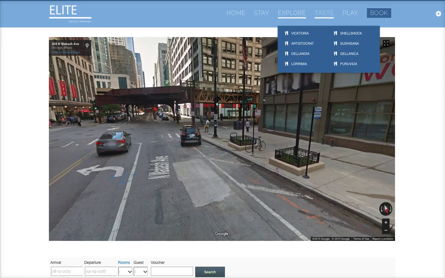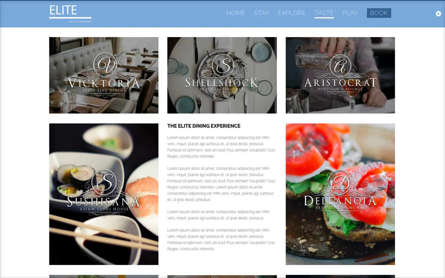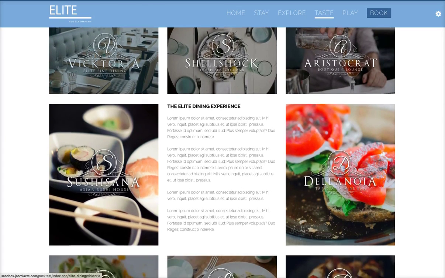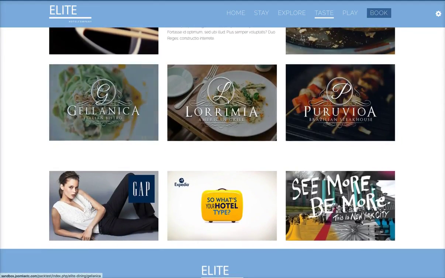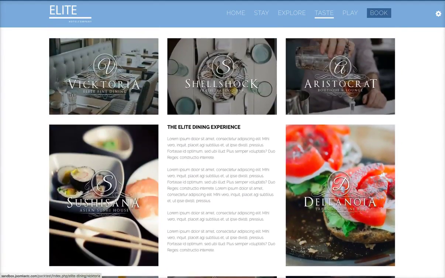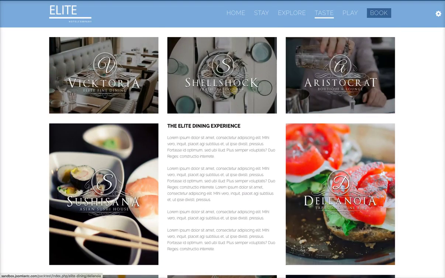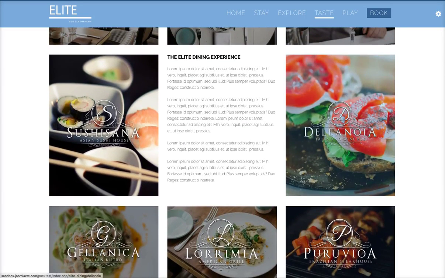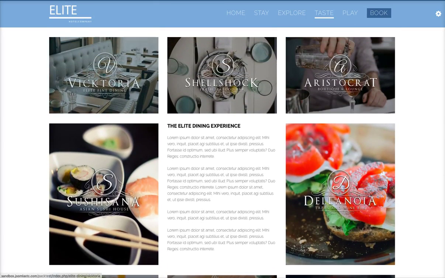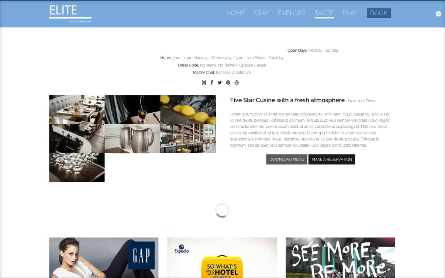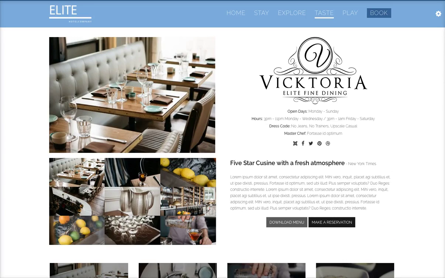Taste, we did a pretty cool little layout here for the restaurants. In the Elite Hotel Company, as you see, we have a lot of restaurants. So we just have a Joomla content category here. And we've done all these articles, and then this article here is just text. And so let's go ahead and check out one of the restaurants. And we did a nice little markup here. Same thing as the suites, just we have a little bit different with some make a reservation, download the menu,